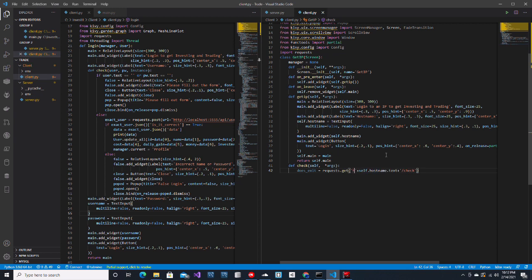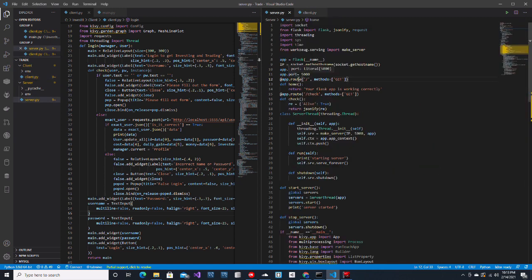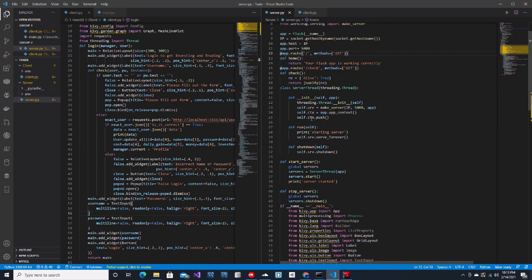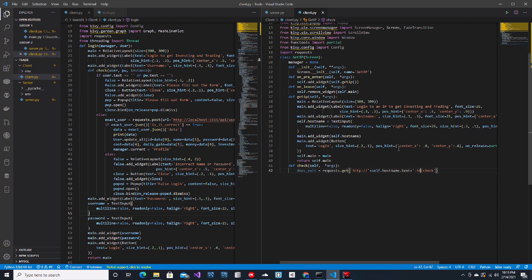Plus HTTP://, and then an IP address with a port number of 5,000, with an IP address of 1, 2, 3, with a port number of 5,000, and check. And then we will say if does exist, exist.json,